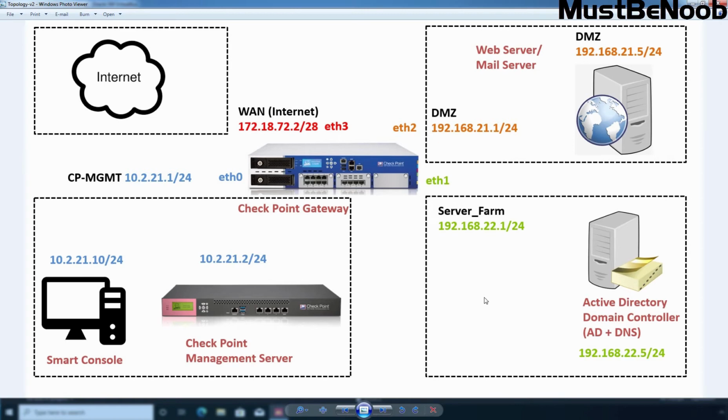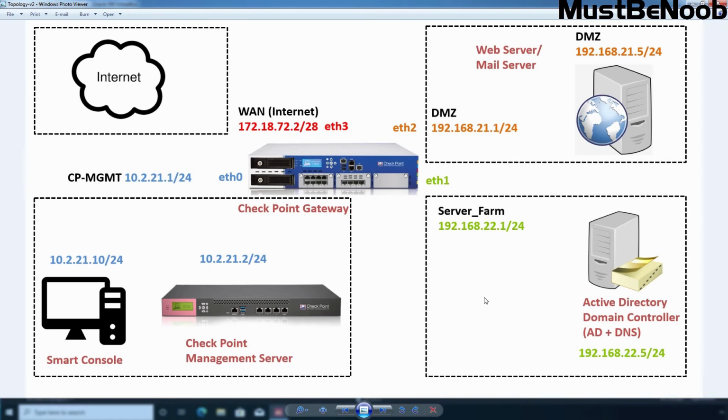And last, third network object will be for LAN and server segment to specify the network 192.168.22.0/24. To keep things simple, I'm keeping LAN segment and servers together. Else you can put a router between your server and internal users based on your network topology.